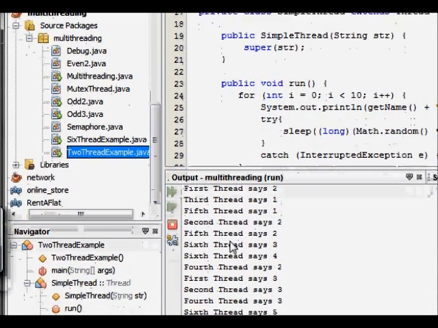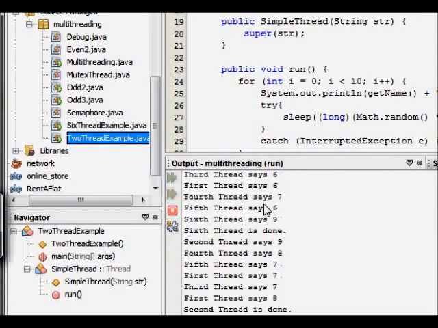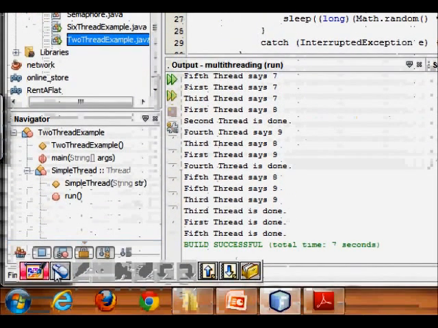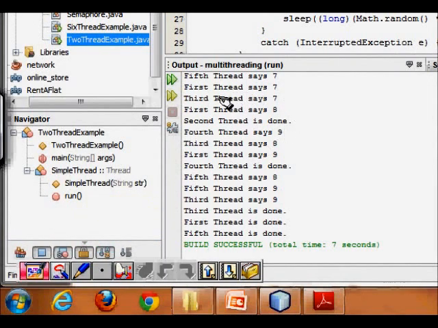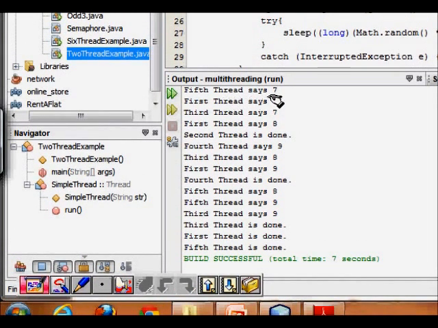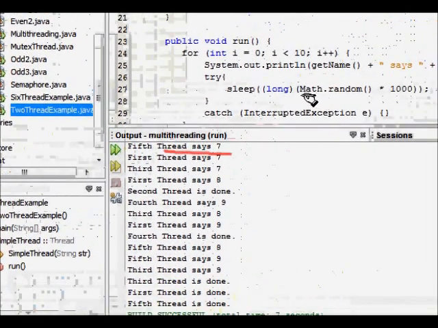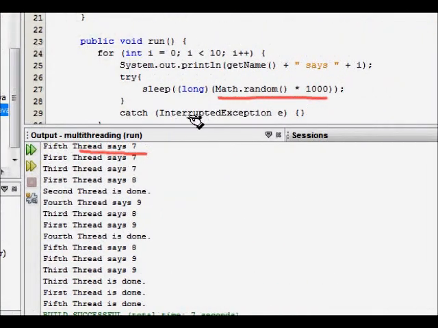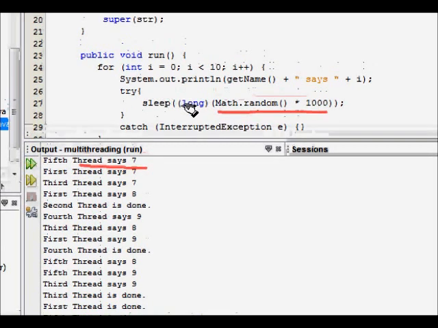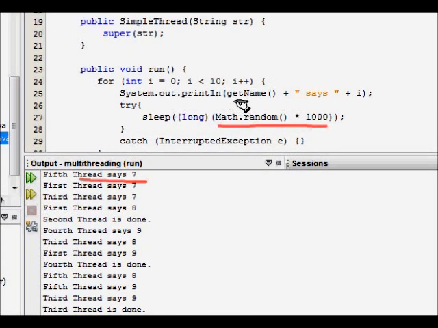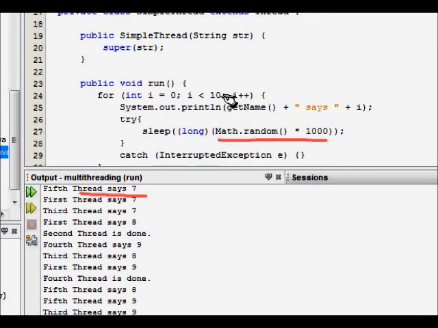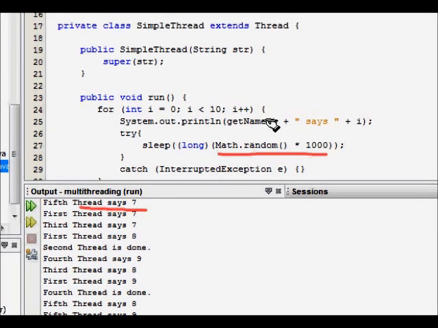These are the threads executing, and this will be especially helpful in analyzing. If we see this counter, the fifth thread says 7, and after that, when threads sleep, they are going randomly and sleeping. This means when a thread, while doing its work, sleeps, it loses the processor. The CPU will be taken from it, it will yield its processor, and it will be given to some other thread.